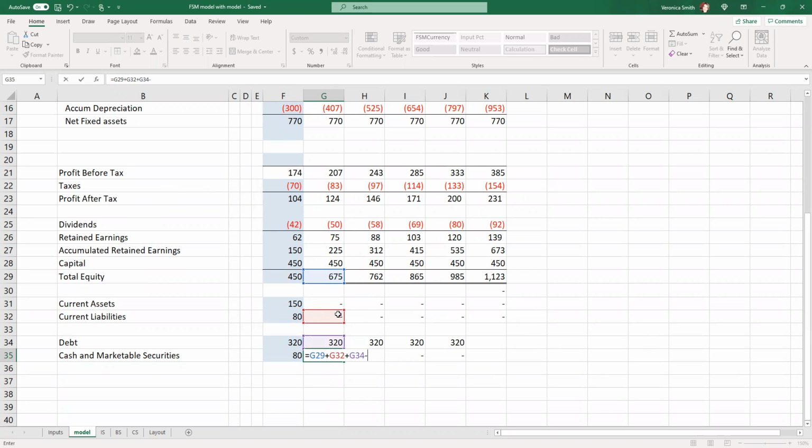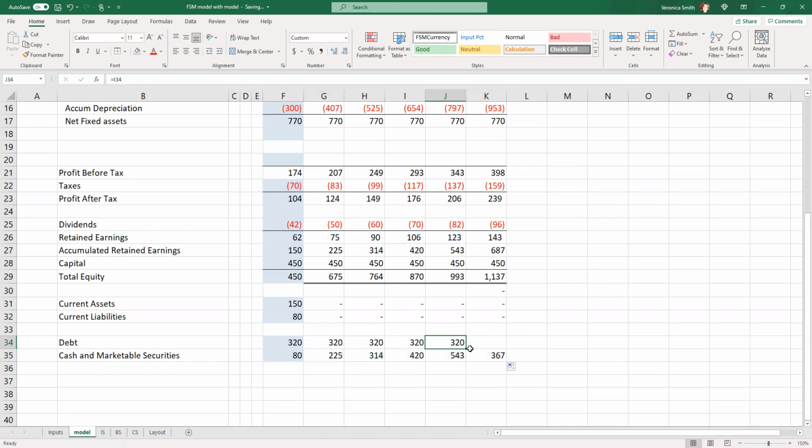And we're going to subtract the current assets and subtract the net fixed assets. Okay, so that is now giving us our cash and marketable securities. Fantastic. So we'll just drag that across. Oh, actually, our debt is missing one figure there too. Okay, so now that we have updated that,